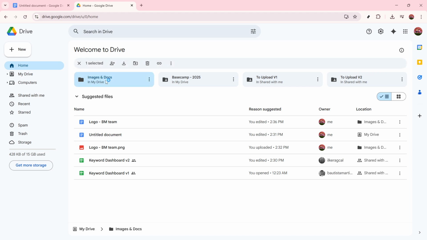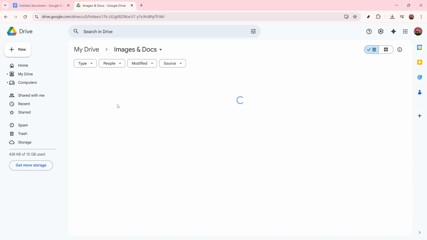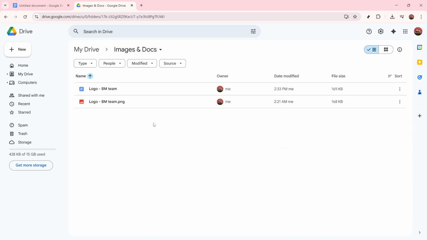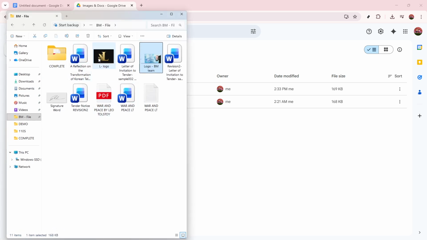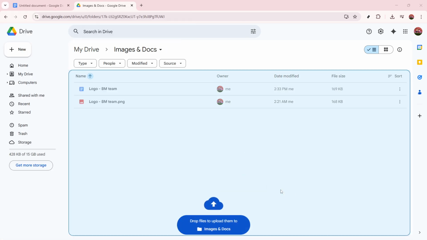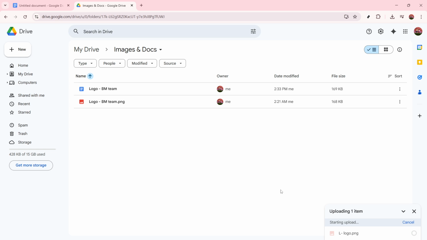You can easily upload your image by either dragging and dropping it directly into Google Drive, or by clicking on the New button at the top left corner, selecting File Upload, and then choosing your desired image file from your computer. After your image has successfully uploaded to Google Drive, it's time to move to the next step, which involves